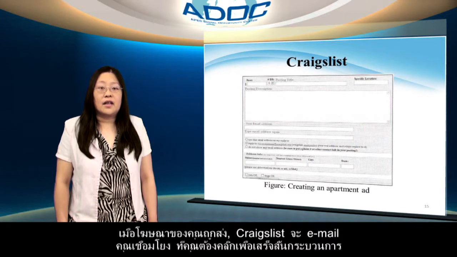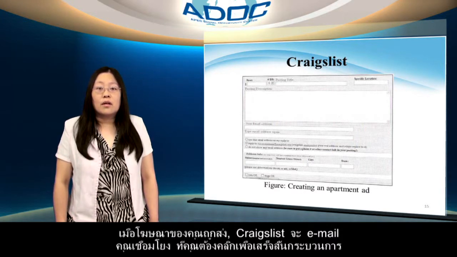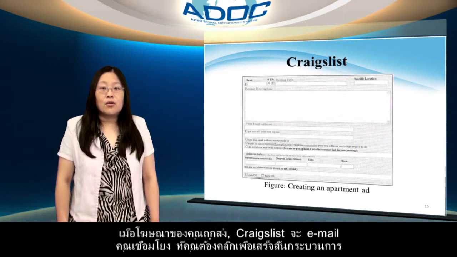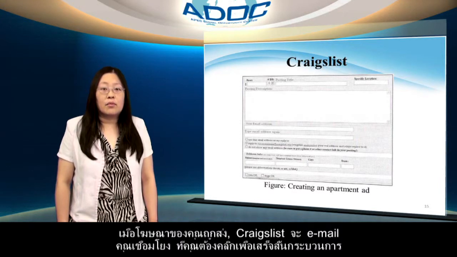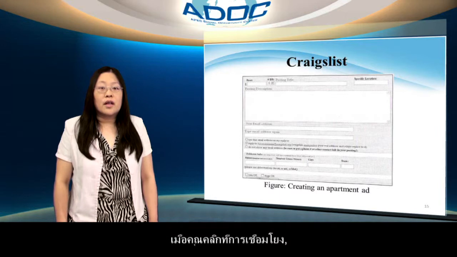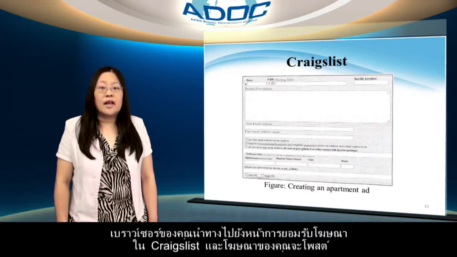When your ad is submitted, Craigslist will email you a link that you have to click to complete the process. When you click the link, your browser navigates to the ad accept page in Craigslist and your ad is posted.